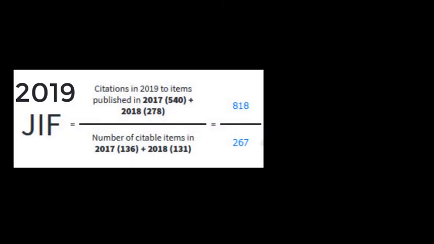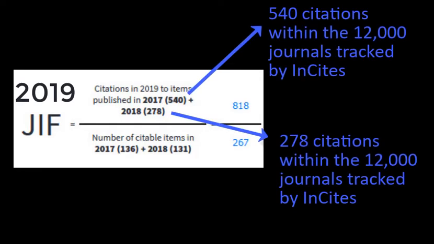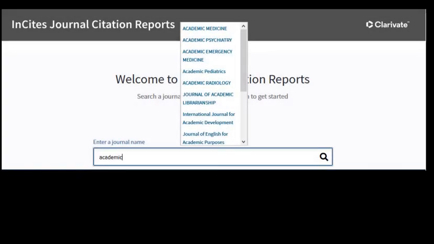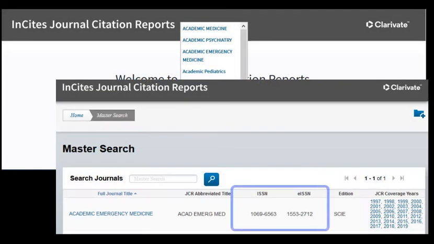Another common difficulty is that not every journal has an impact factor calculated by Insights. Because calculating impact factors requires surveying lots of journals and their citation patterns, this tracking is only done for about 12,000 journals. Carefully search the Insights Journal Master List for the full journal title and separately for the International Standard